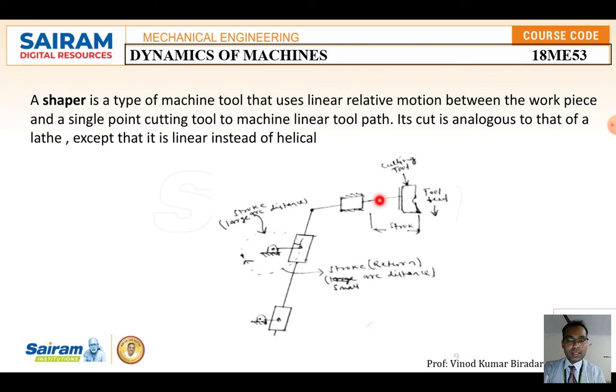Okay, so when the reciprocation takes place, that is, the linear movement, the cutting tool feeds into the workpiece and cuts the material. Okay, that's it. In the standard shaper machine, the material removal takes place only in the forward direction. But normally cutting of material can take place in both directions, forward and backward. Okay, so this is about the shaper mechanism.